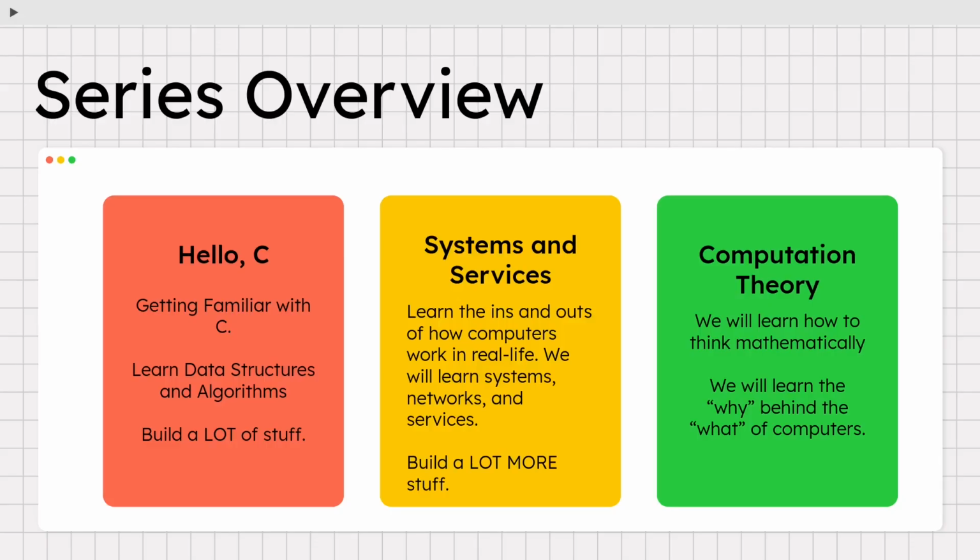and we're going to build a lot more stuff. After we do that, we're going to learn about the why behind the what. We're going to get so good at thinking mathematically, you won't even have to think about it. You'll just be thinking like a mathematician. I'm kidding. Maybe I'm exaggerating a bit, but we are going to learn how to think mathematically, and we're going to learn why is it this way? Why did Alan Turing do what he did? Why did Alonzo Church do what he did? What did Chris mean when he said Turing machine and lambda calculus? Which is a fair question. We're going to get there.